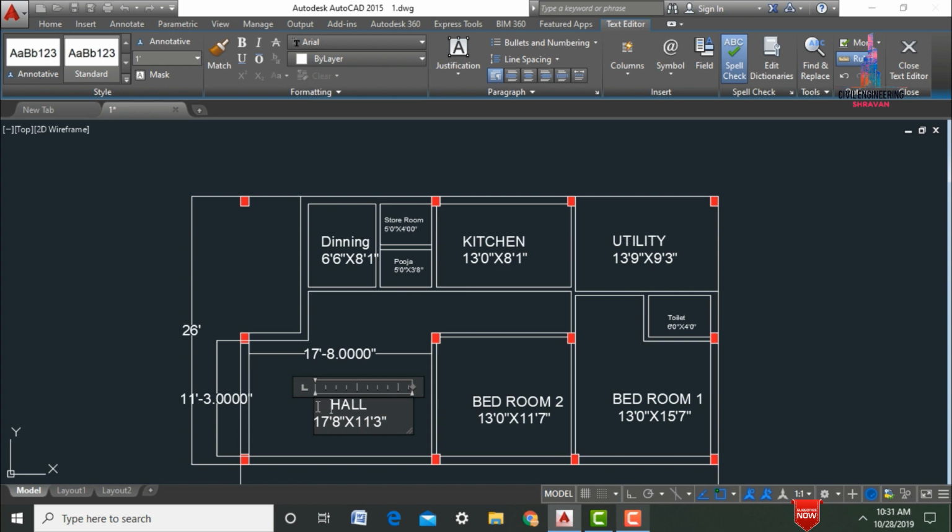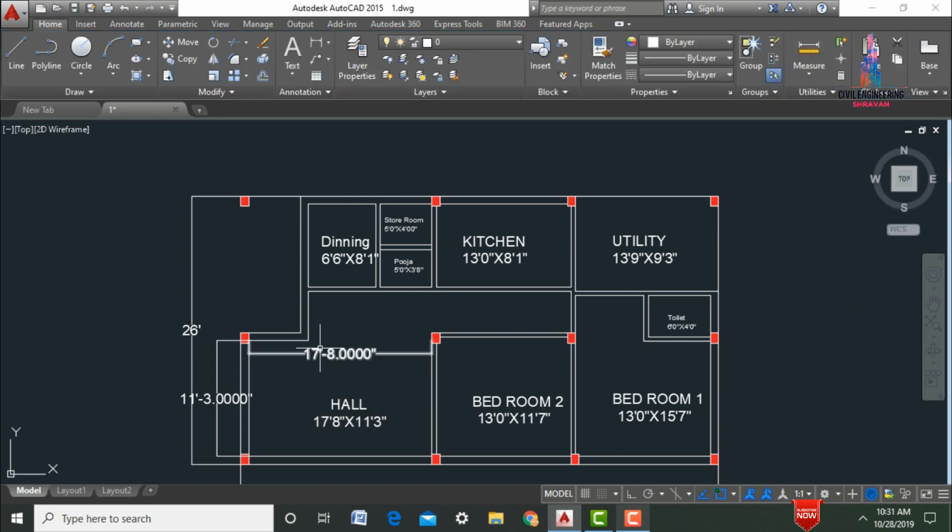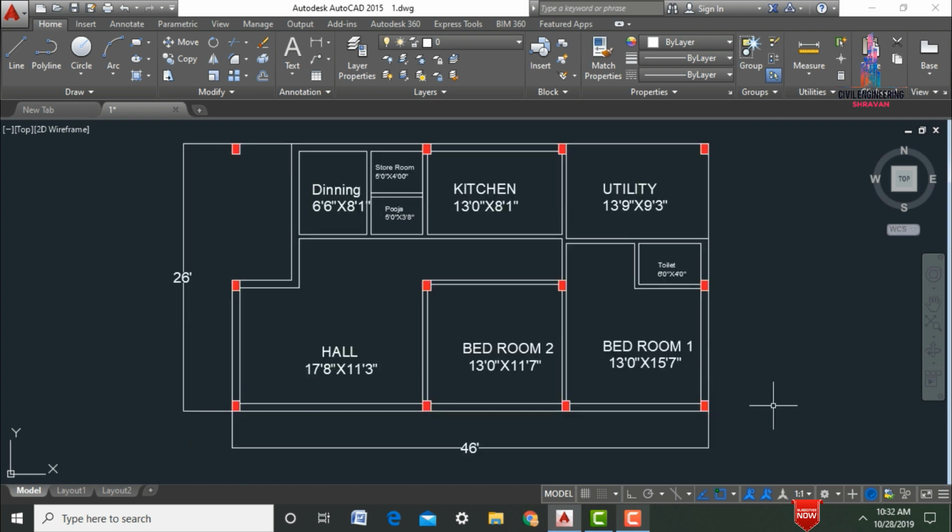So we need to take the hall into center point here. So select this respect option. Again I'm selecting this respect option. Click on delete option. So after dimensions process completed, we need to model the doors and windows for this respected plan. So initially we need to measure the distance for the horizontal direction as well as vertical direction for this respected plan. So for that select this respected linear again.